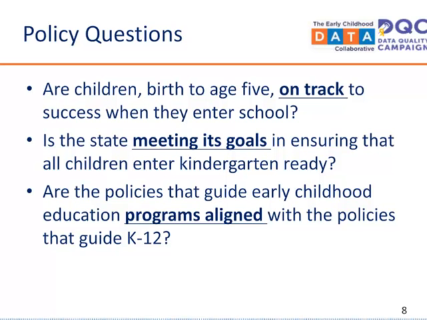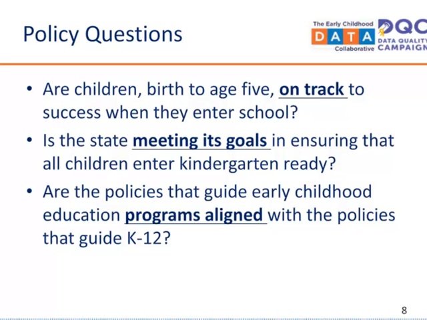On the next few slides, I've outlined questions a state may want to answer by linking their early childhood and K through 12 data. For example, questions that help the state track children's progress and understand where additional interventions or support services may be needed. So for example, are children birth to 5 on track to succeed when they enter school? A state may use their data to understand if they're meeting its goals and ensuring that all children are ready